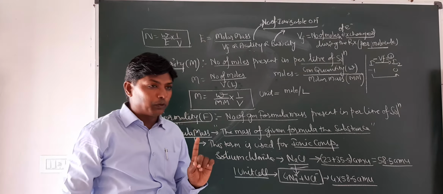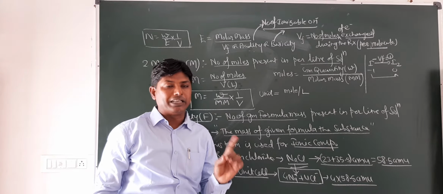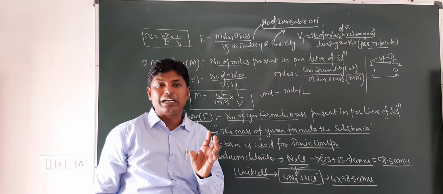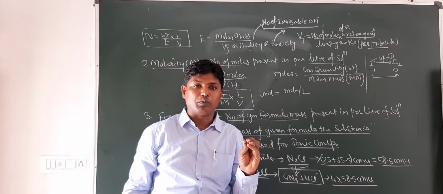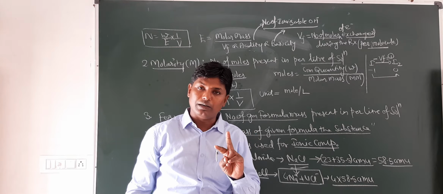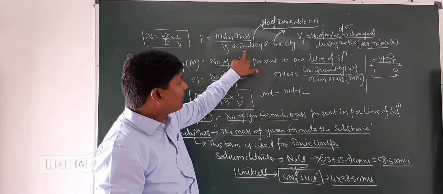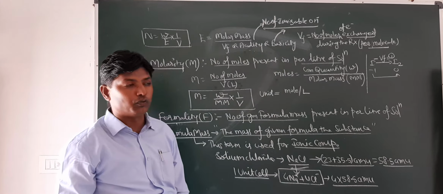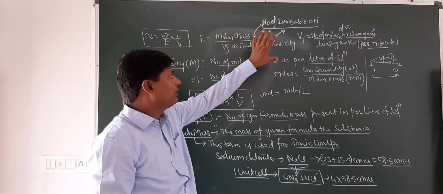Suppose that HCl on ionization is giving 1 mole of H positive ion. So its basicity is 1. Or if I ask you about H2SO4, then on the ionization H2SO4 will provide us 2 moles of H plus ion. So its basicity will be 2. Remember one thing, that the acidity term is used for the base and the basicity term is used for the acid. This was also included in your chapter acid base.